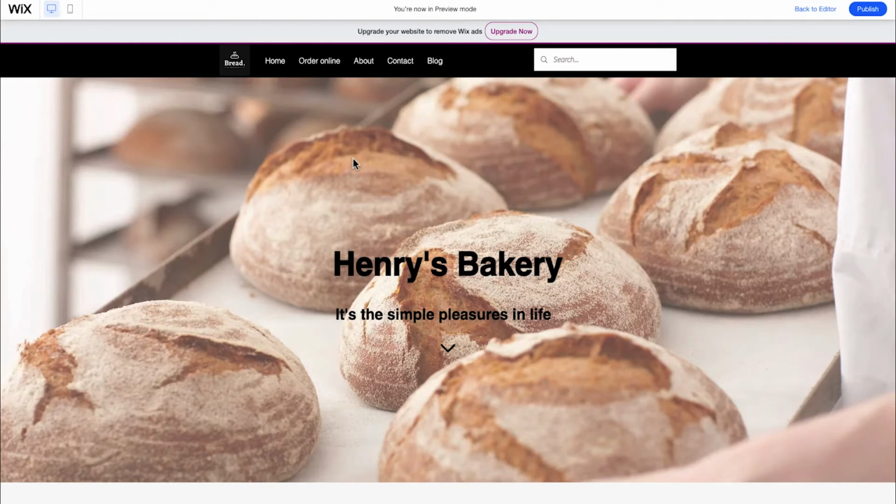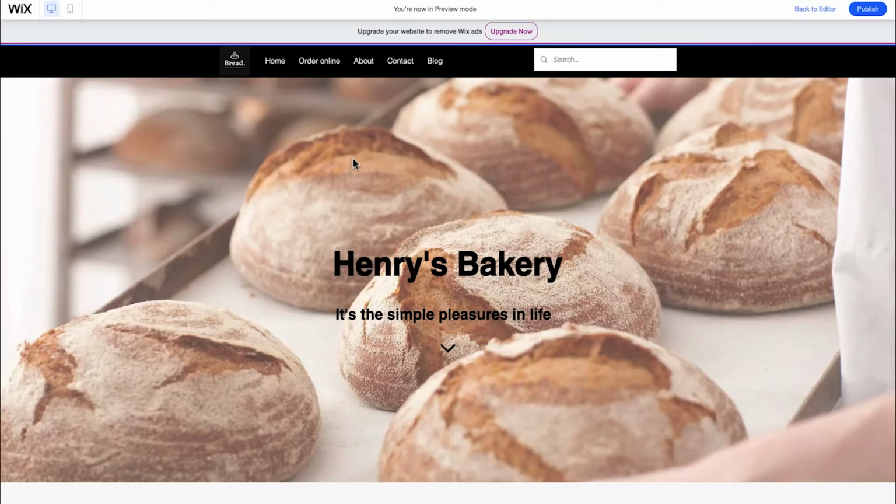So some people use keyboards to navigate a website. The only thing is, how do you know where you are on a website when you're just using a keyboard and not a mouse? Well, that's what the visual indicators are for. So if I press Tab, it's going to take me through my website, and it's going to highlight all the interactive elements, like links and buttons and menu items. That's what that little blue square is.